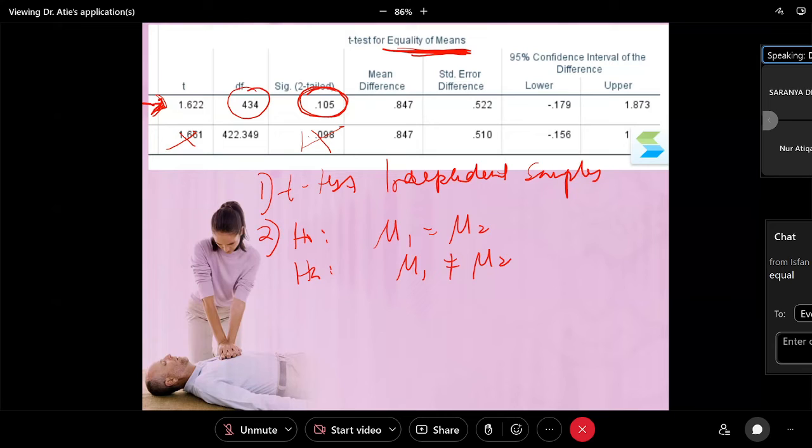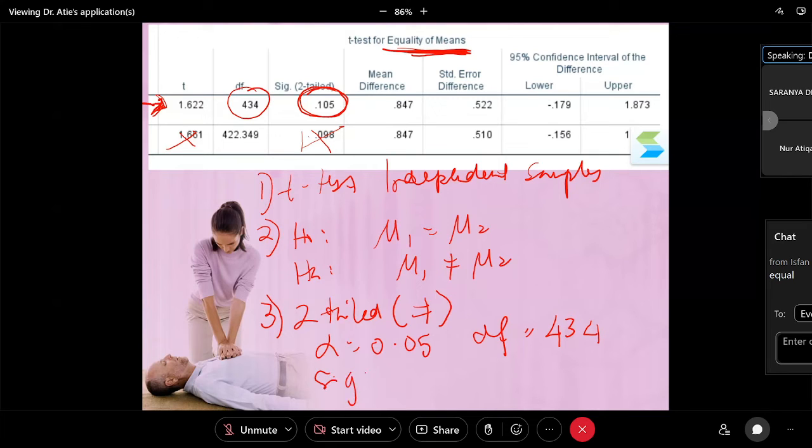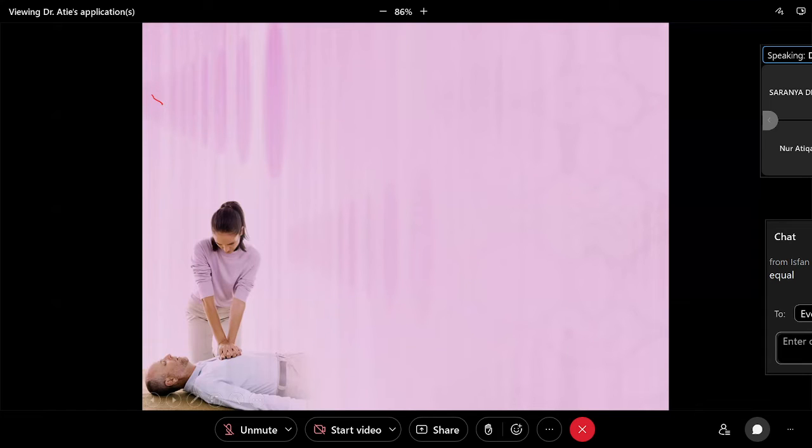And then number three is going to be two tail. Let's say we use two tail because of the not equal sign. And then our alpha is 0.05, and our DF just now is 434. Okay. And then our sigval, we need to take it from the first row, 0.105. And then step number four, reject H naught,